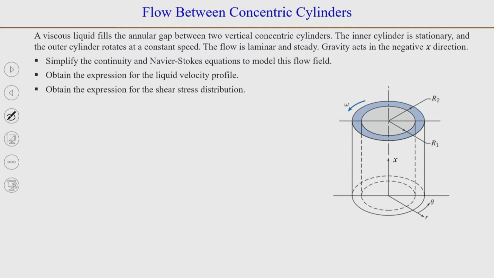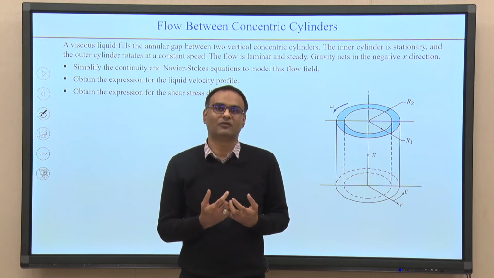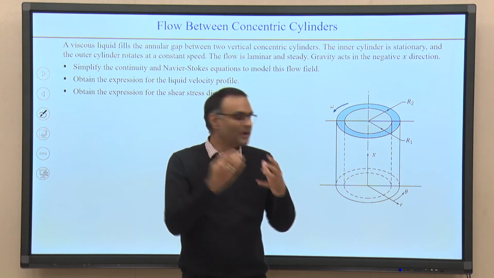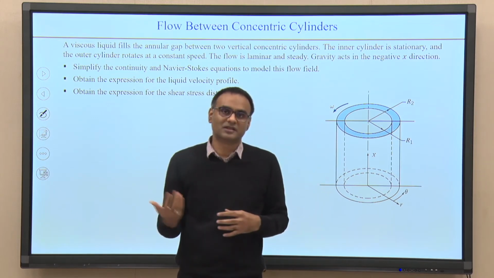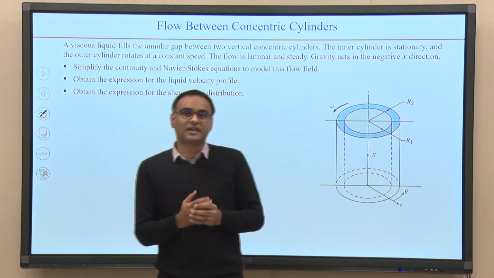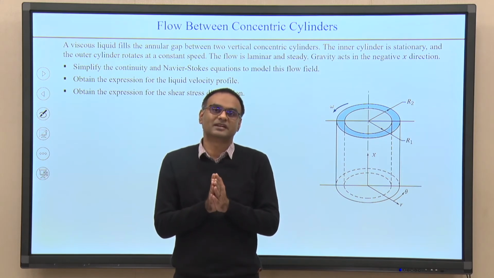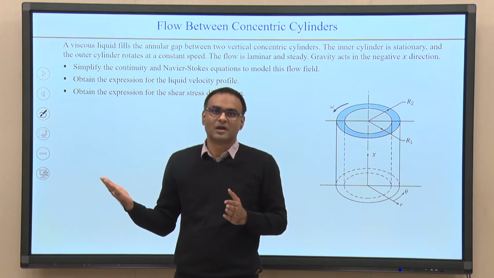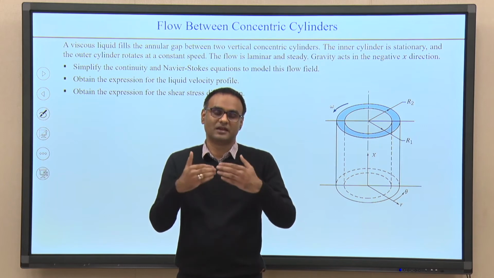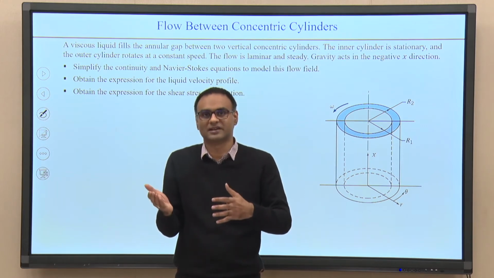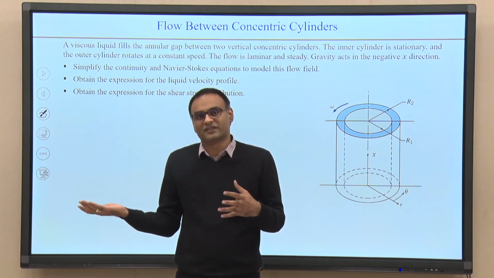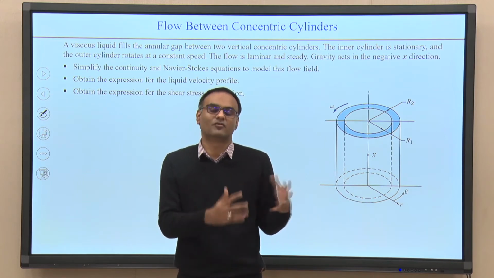Now, you can have different arrangements. For example, if the arrangement is vertical, you may have flow driven by gravity in this cylindrical cavity, or in the annular gap between the two cylinders. You can also consider that a case of a falling liquid film on a cylinder. It might be inside the cylinder or outside the cylinder, and you will need to treat the outer boundary as the free surface or the inner boundary as the free surface, depending on where the film is.